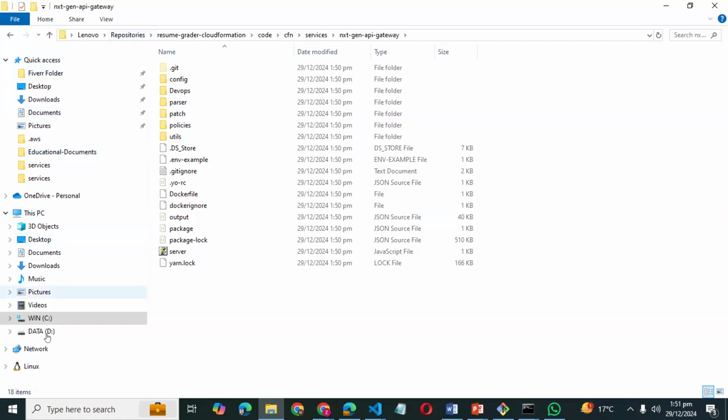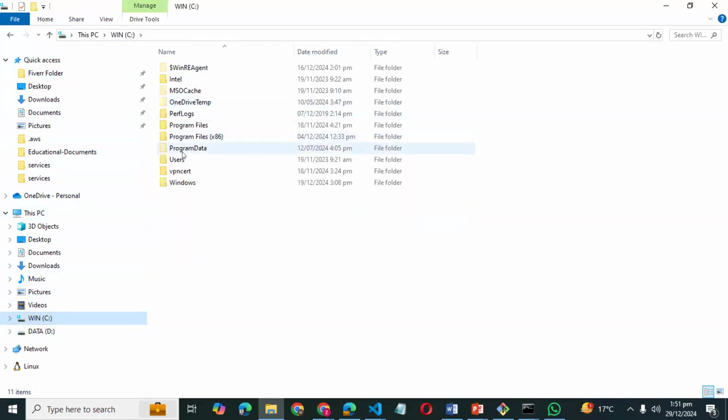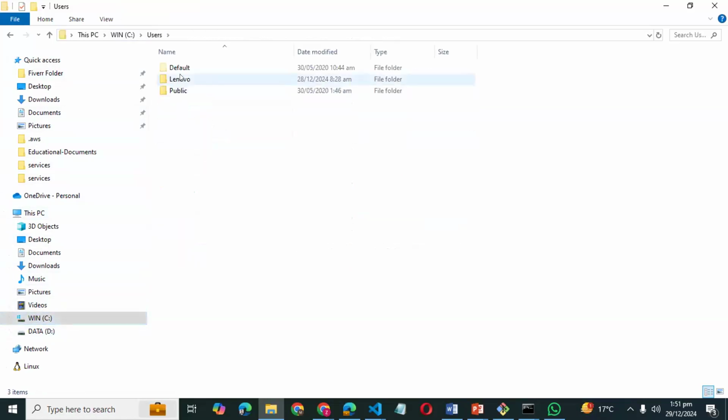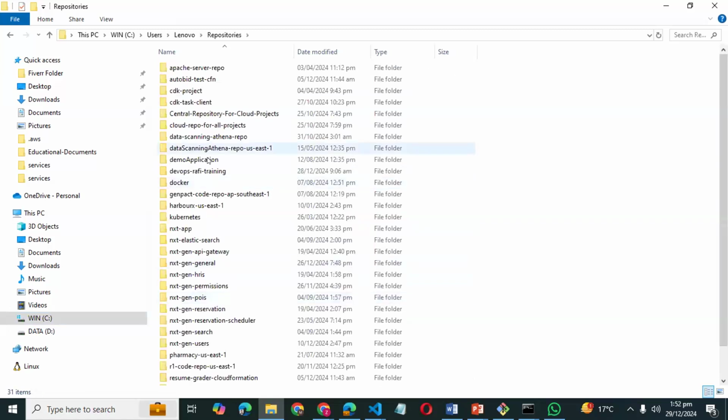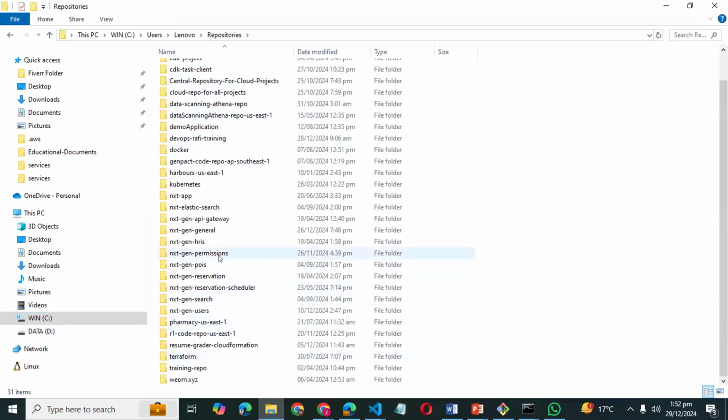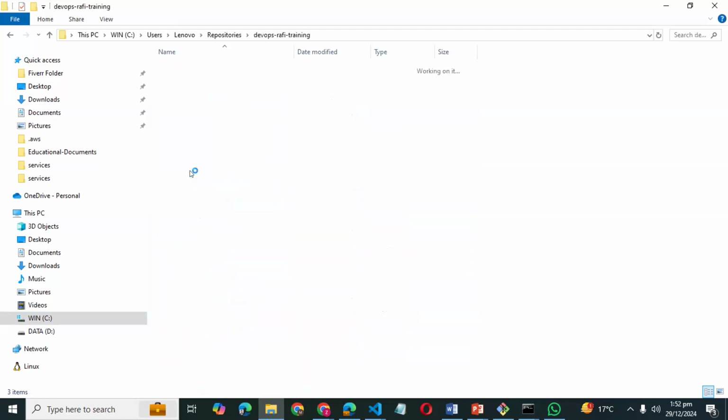If you remember, on the previous day I copied this repository in my repository folder with the name of Rafi. Yeah, this one, right? So whenever we clone this repository in my local machine, if you remember, we add the index file here, right?